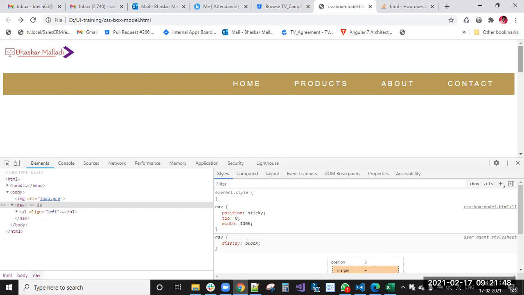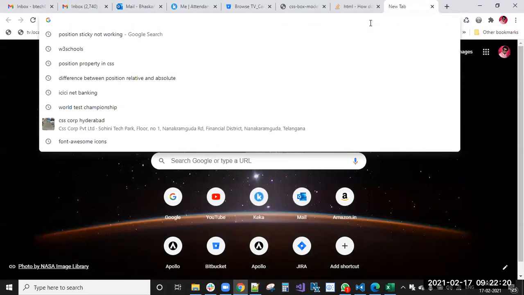A sticky element is mostly used when there is some content on top that you still need to follow, so you don't need to hide that content. When that content is in the hidden state, it will activate position fixed and that element will be sticky at the top. In those cases, position sticky will be helpful. And you can see it on most websites, I think older websites too.